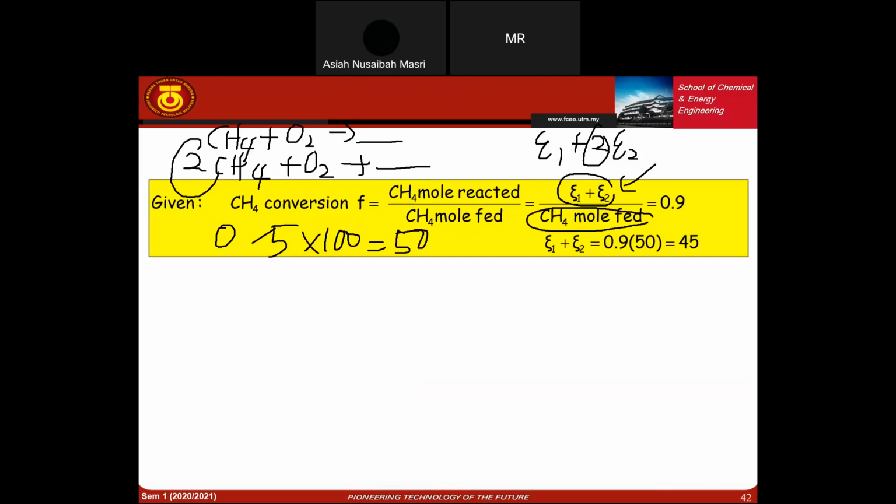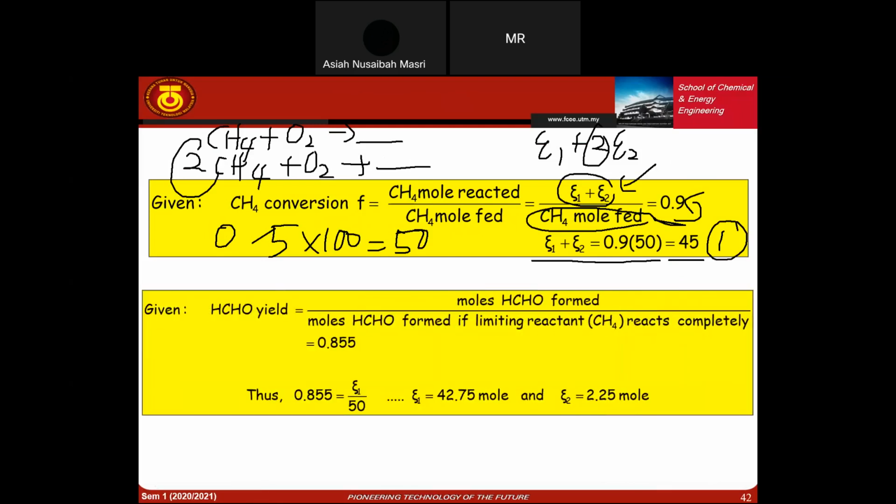So here 50, we move to the right hand side. We got extent 1 plus extent 2 is equal to 0.9 times 50, which is equal to 45. So we got one equation. We're going to do the simultaneous equation. Okay, and then